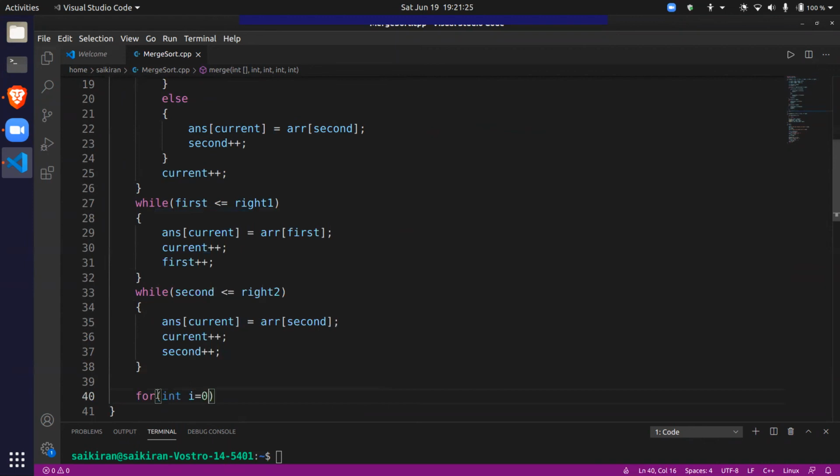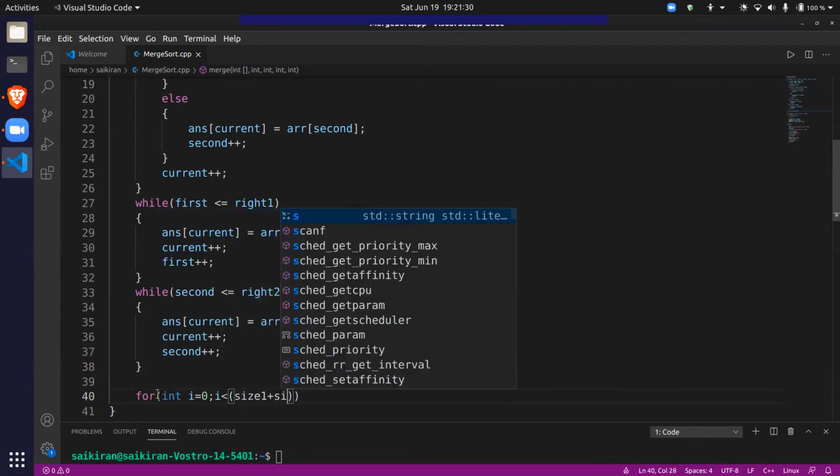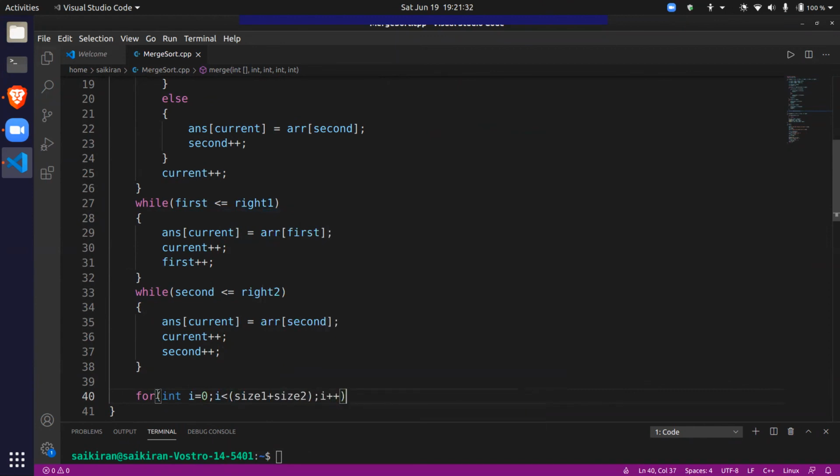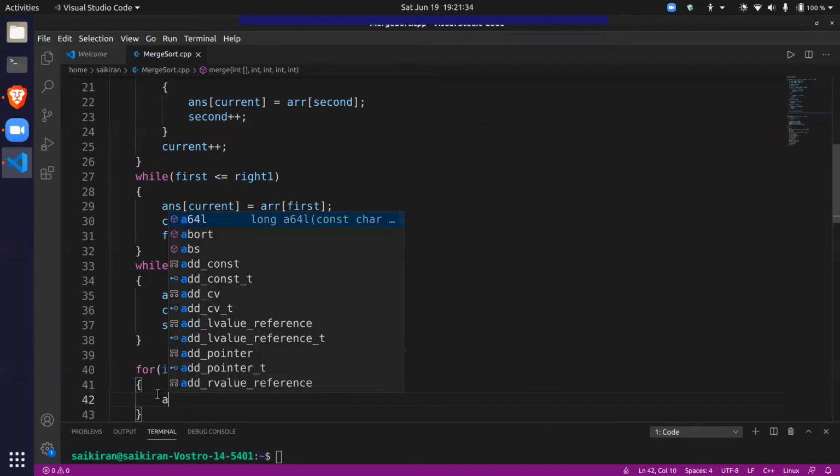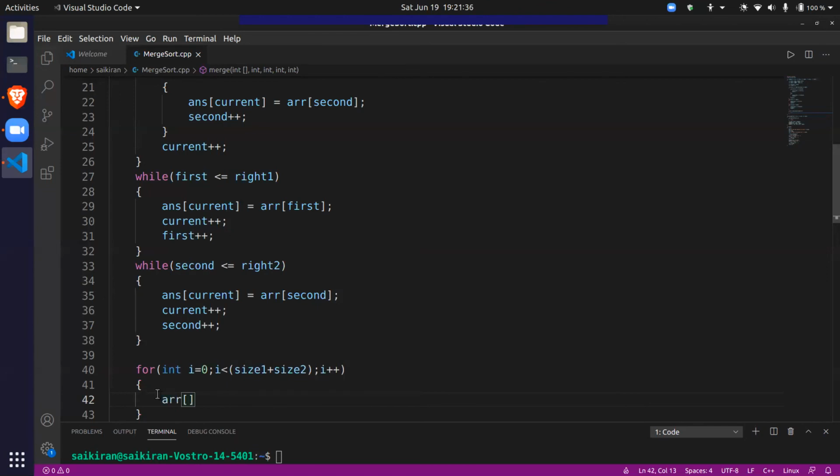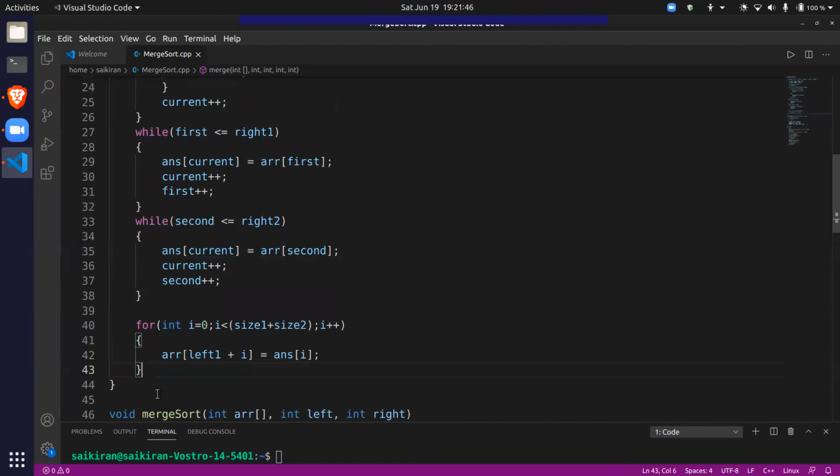For int i is equal to 0, i less than size1 plus size2. Just copying the answer into array. arr of left1 plus i is equal to ans of i. Okay, this is nothing complicated, guys. I'm just copying whatever is there in answer into array. ans starts from 0, but array starts from left1.